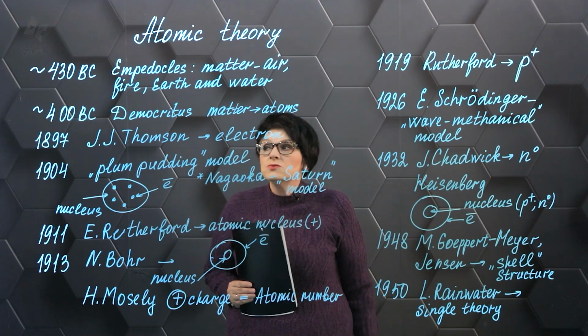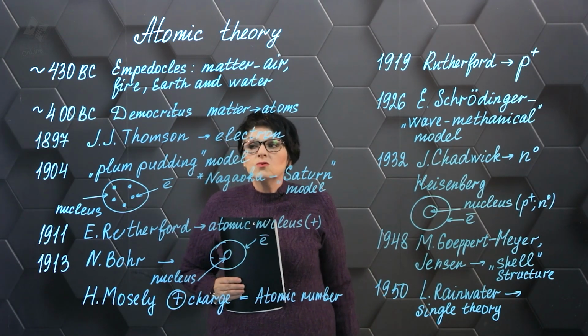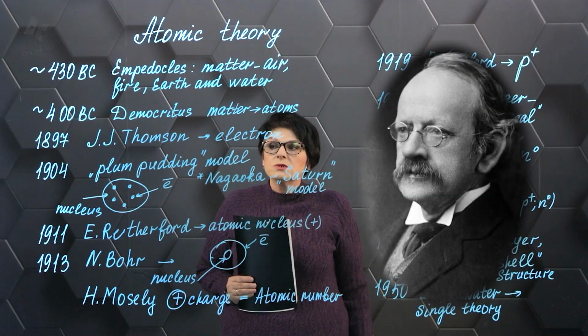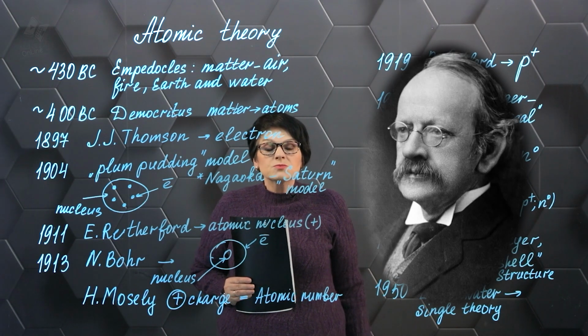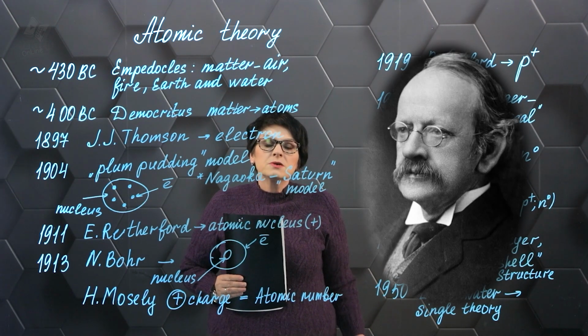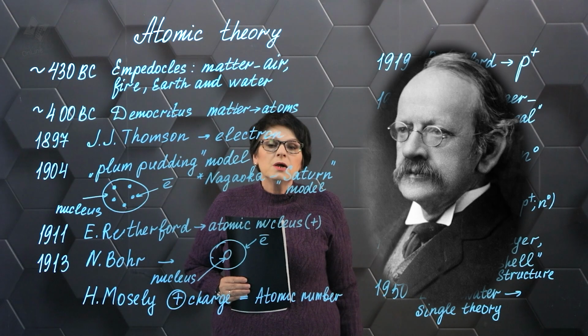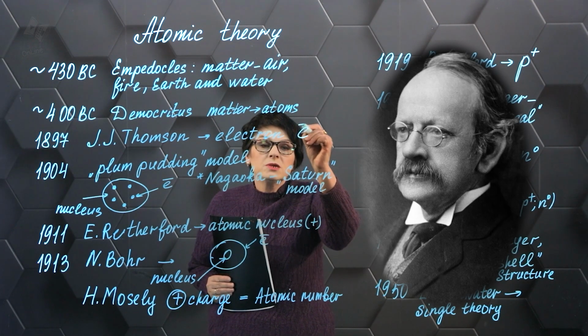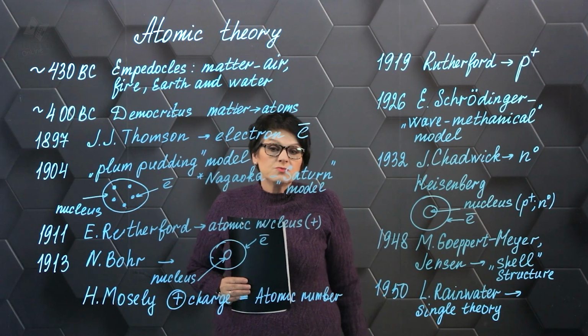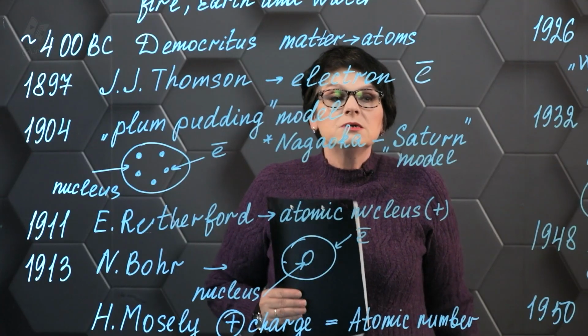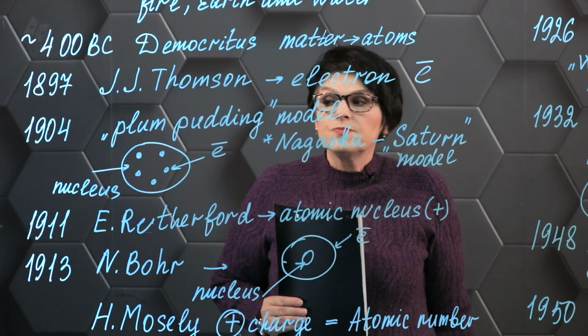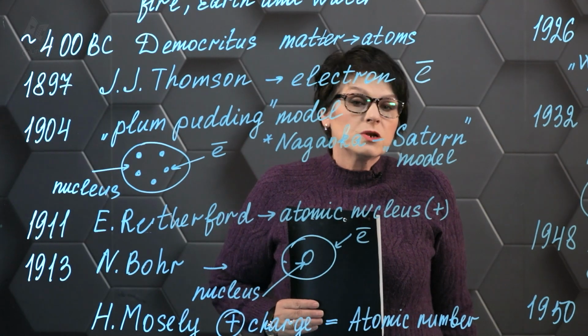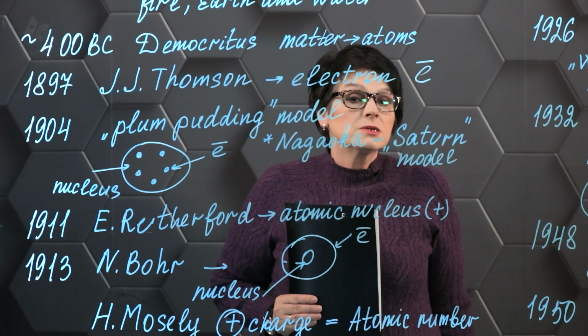Now let's move on to the next year. The English scientist Thomson discovered, with the help of his multiple experiments with cathode rays, the first particle, the electron. It will be recalled that the electron has the designation now generally accepted, and it is shown thus. It was noted that the electron is extremely small and has a negative charge.